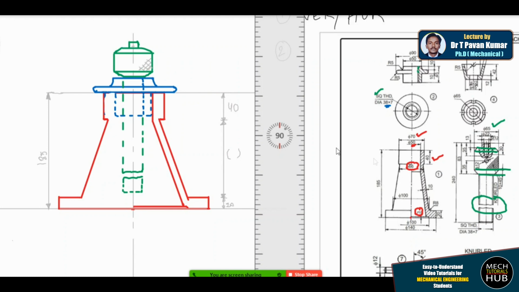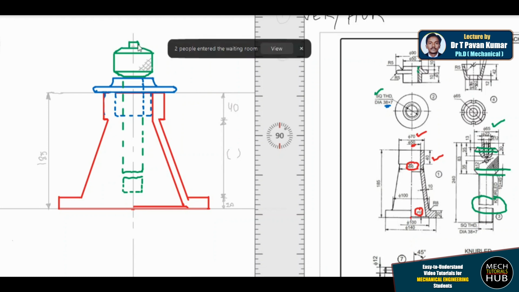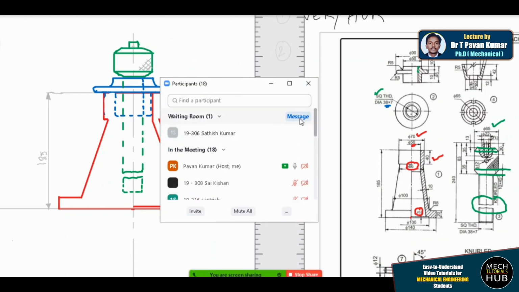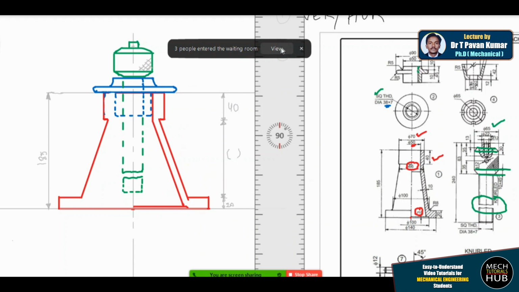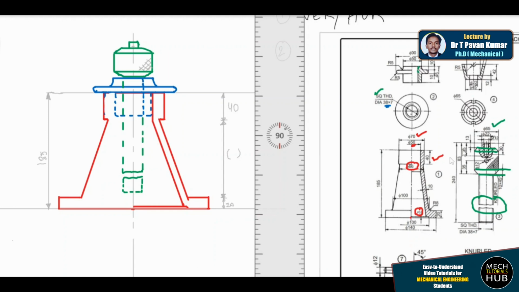Okay, so part number 3, this particular top projection, there I need to fix one more part, which is part number 4. Concentrate on the question. Now this is maintaining a diameter of 22. Alright, this is maintaining a diameter of 22 and a height of 13. This is 22 and 13.